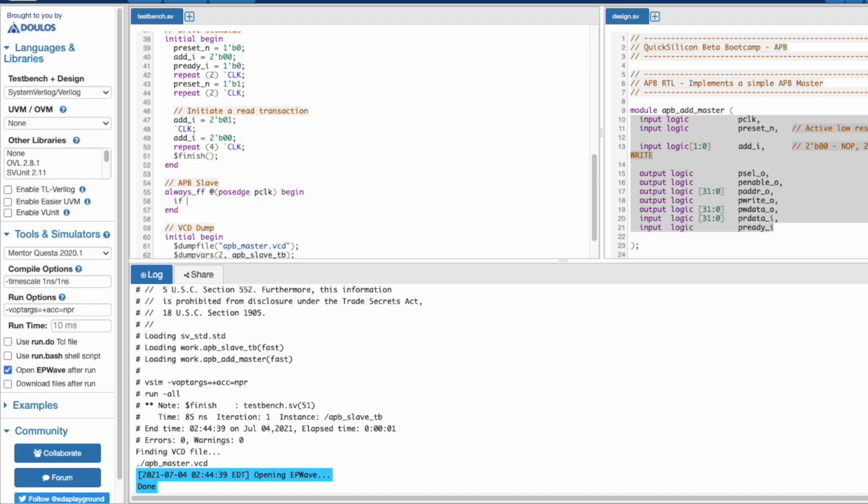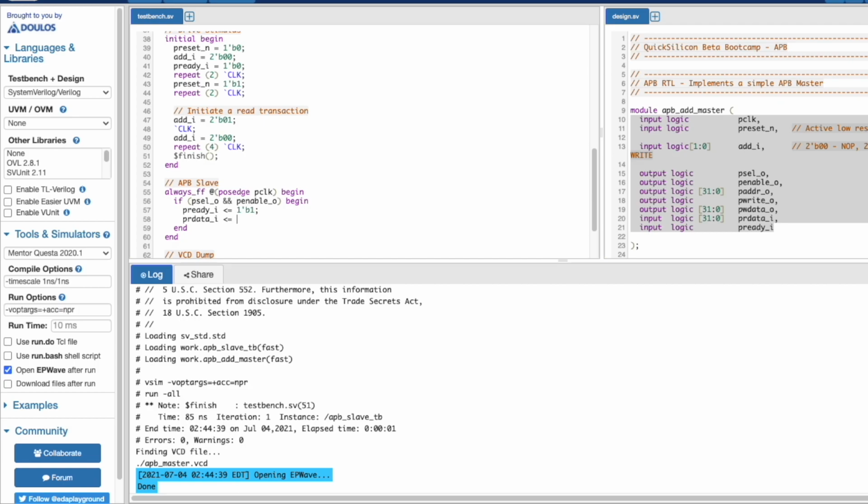So let's assume that whenever we got a PSEL and a PENABLE, at that point what we can do is we will assert our PREADY signal and our PRDATA. What should this be? This would be whatever is being written.